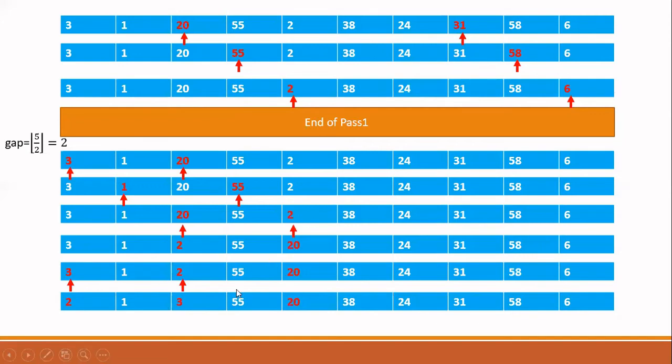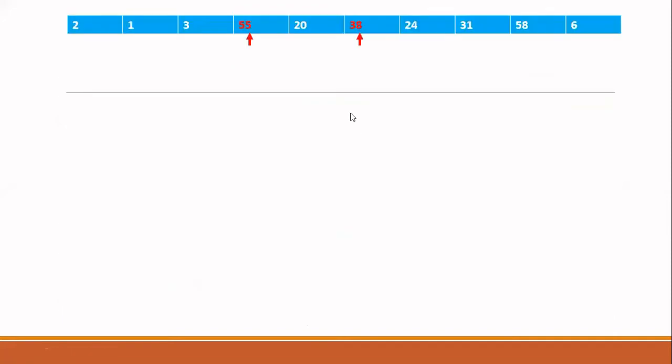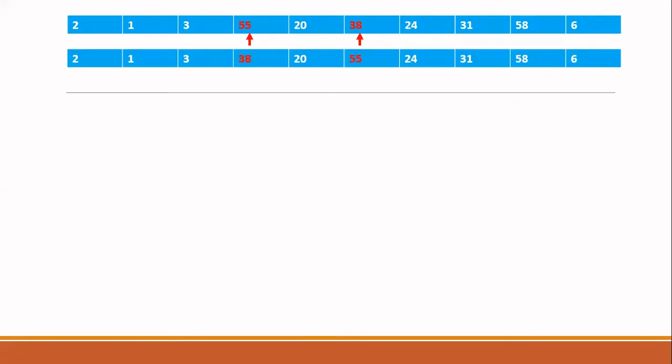So now, where we stopped our index last time, always keep track of this highest number, because the index value will change. We were at this position, that is position number 0, 1, 2, 3, 4. Now you have to go to position 5. Now see this one. I am going to position 5. In position 5, I have 38. I have to compare that 38 with a gap of 2. So I am comparing 38 and 55. Now I need swapping. So I will swap 38 and 55.